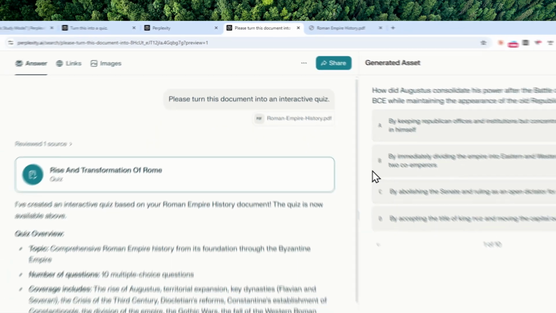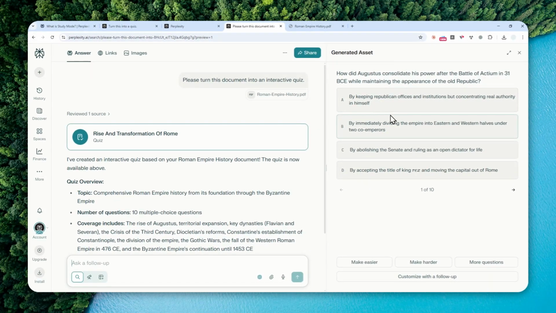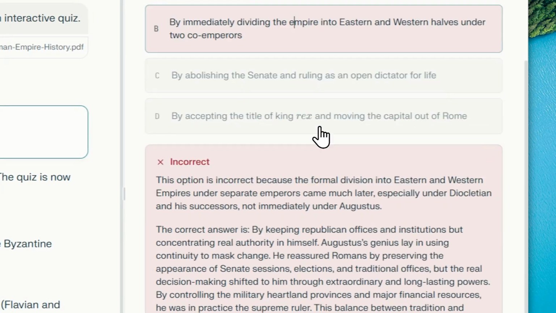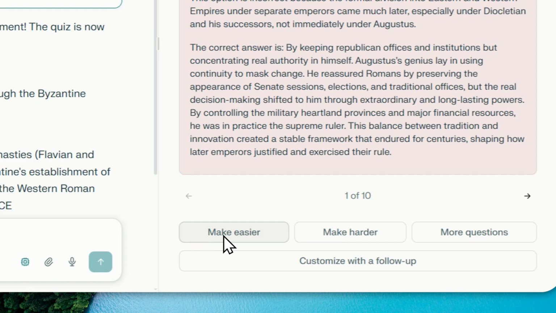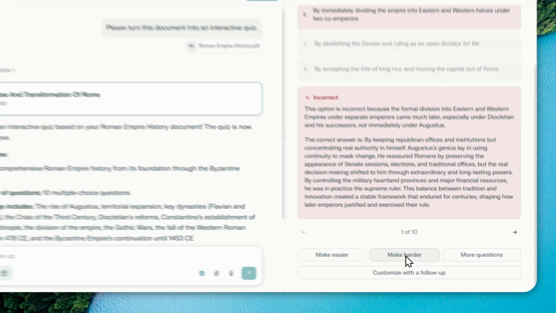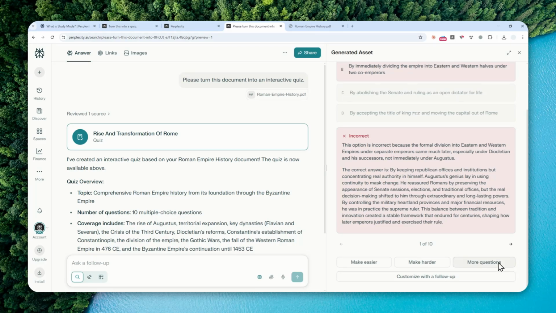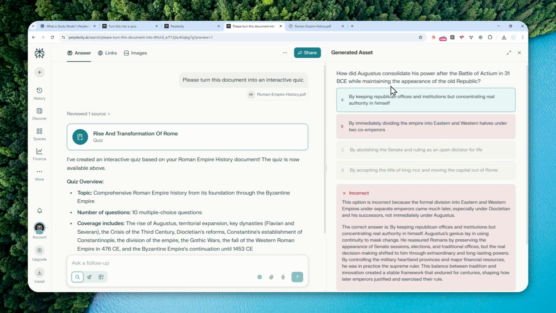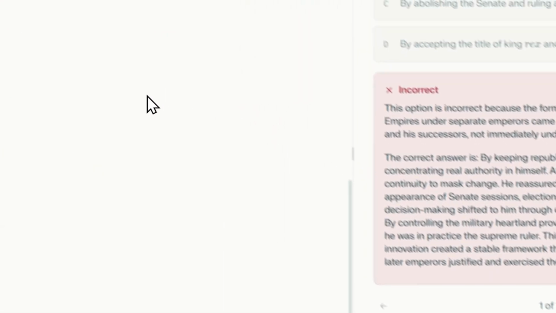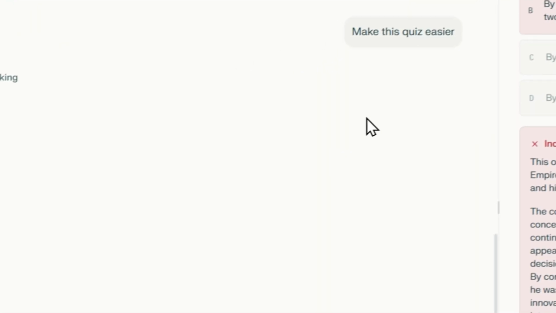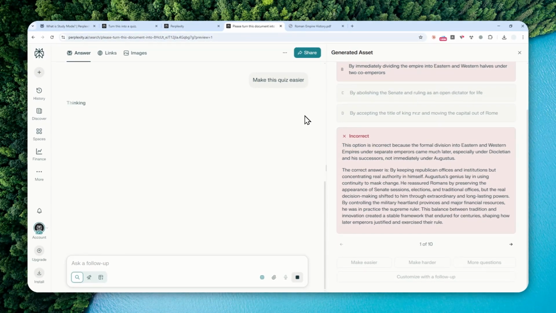Okay, now, there are a few things that I really like about this quiz in Perplexity. Down here, you can select the option to make the questions easier or harder, or if you want to get more questions, you can click that button. So let's say this topic is too difficult. Well, I can click this button and Perplexity will recreate the quiz again, but the questions will be a lot